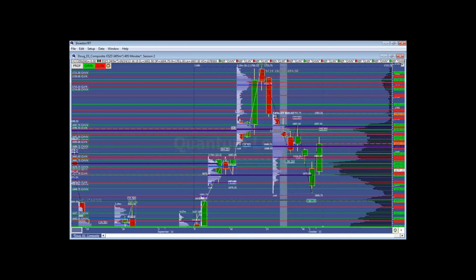I've added the last 2 days into the current micro composite. That gives us a new most accepted price for the time frame from 9/23 through till yesterday at 1688.